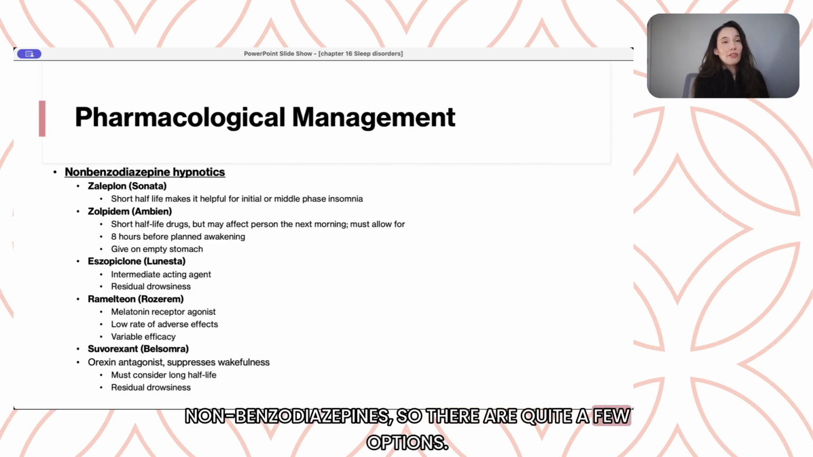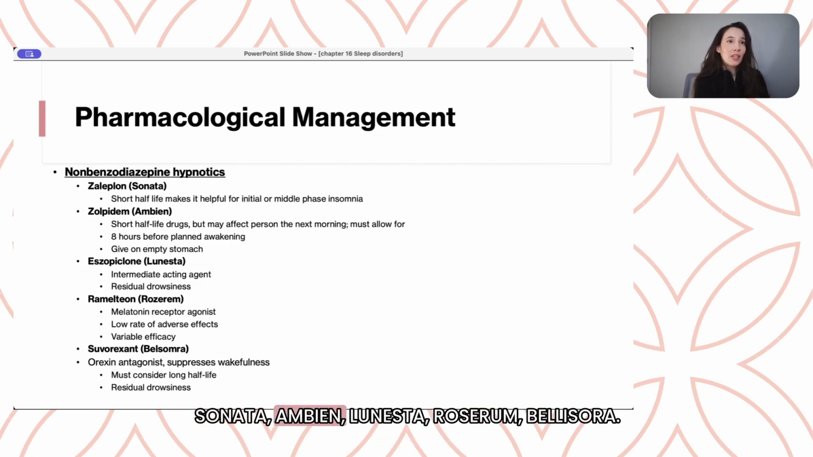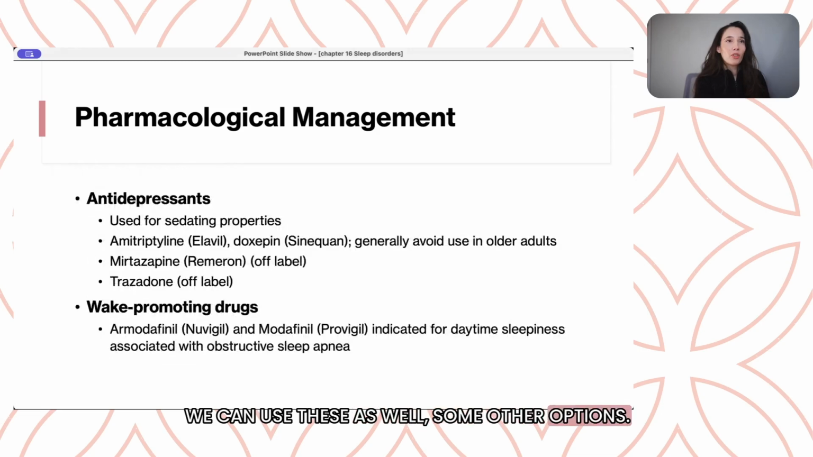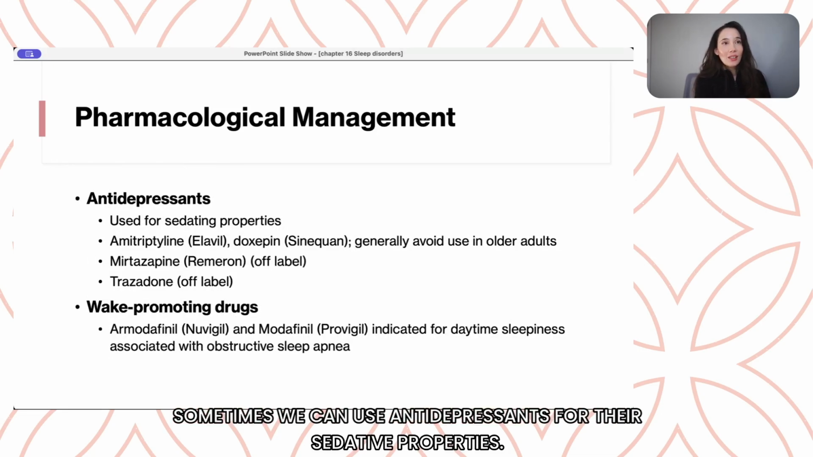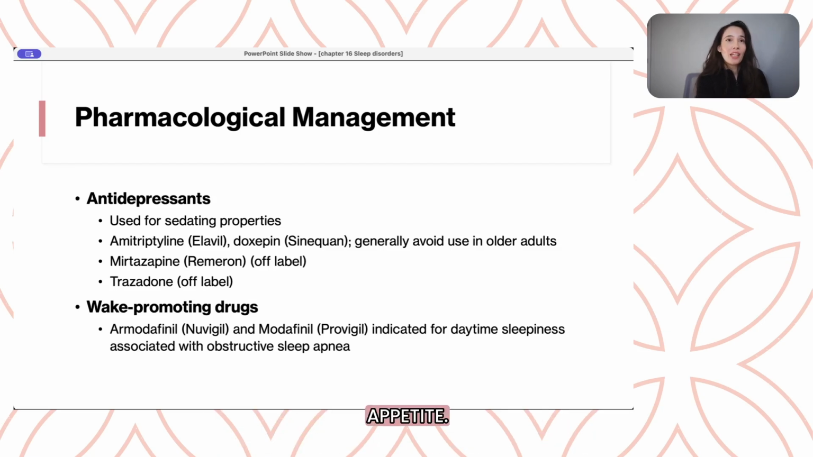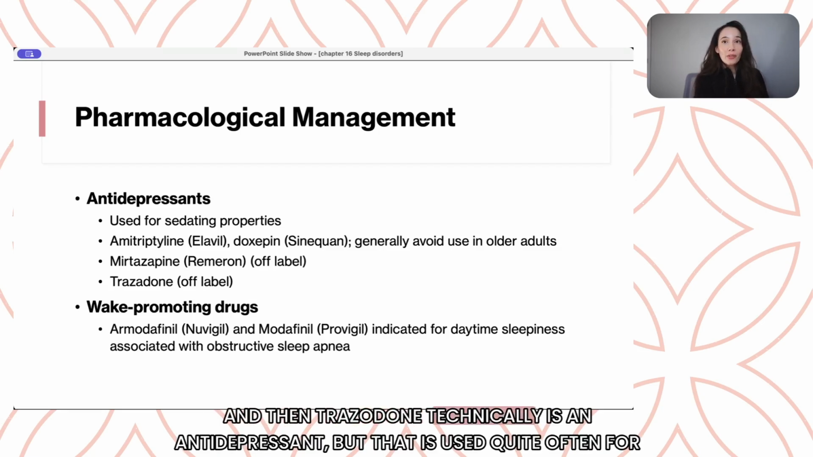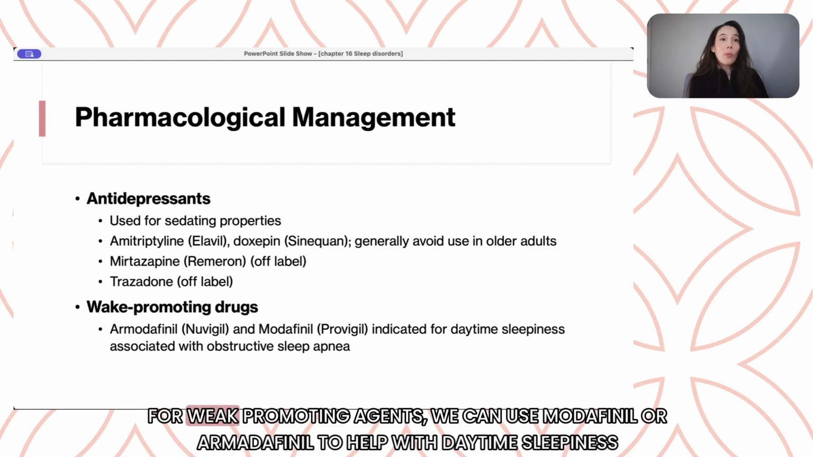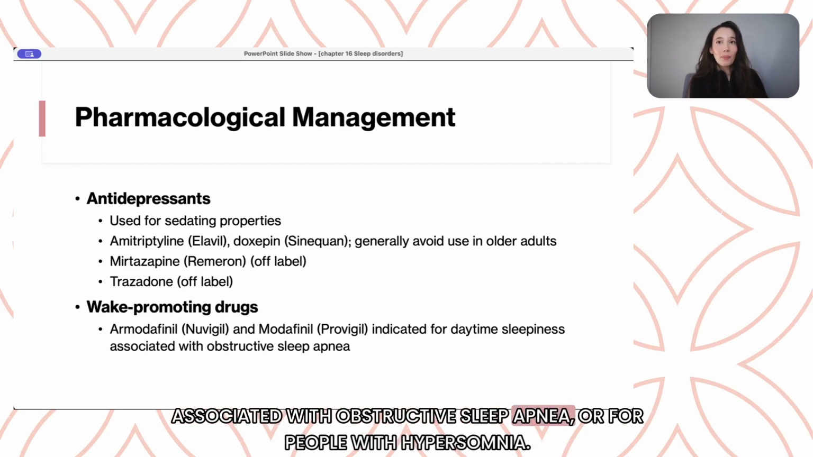Non-benzodiazepines, there are quite a few options: Sonata, Ambien, Lunesta, Rozerem, Belsomra. We can use these as well. Some other options: sometimes we can use antidepressants for their sedative properties. For example, mirtazapine is used a lot off-label to help people sleep. It can also help with appetite. And trazodone technically is an antidepressant, but that is used quite often for sleep as well. For wake-promoting agents, we can use modafinil or armodafinil to help with daytime sleepiness associated with obstructive sleep apnea, or